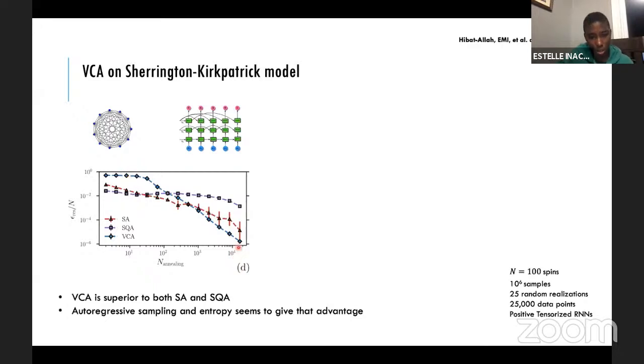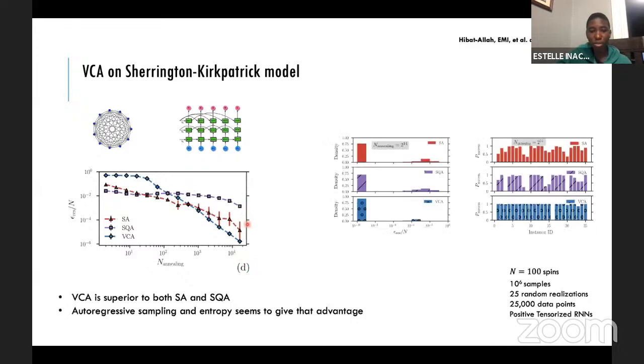As a check, we look at the last data points and do a histogram of the solutions. We have 25 data points here. And we see that VCA also finds the solution more often than simulated quantum annealing, and SA often gets stuck in local minima. And when we look at the probability of success for each disorder instance, which is the ratio of the number of spin configurations that actually find the ground state with respect to the total number of configurations that we had, we see that except for one instance, VCA finds all the solutions compared to the other ones.